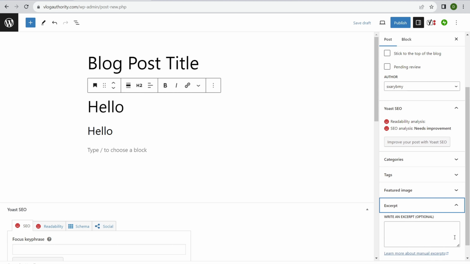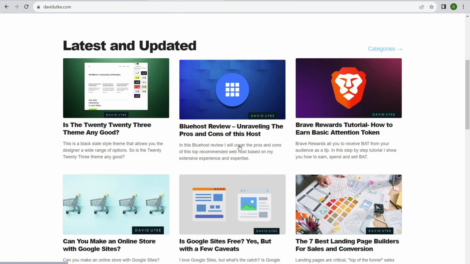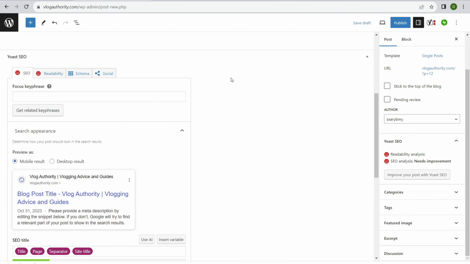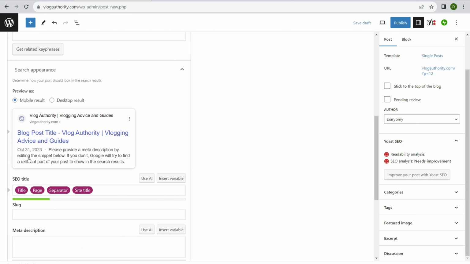Excerpt over there is what the blog post is about. So the excerpt is this little section right there underneath the title. So again, optional. Now, if we click over here, we scroll down a bit more, then we have this section